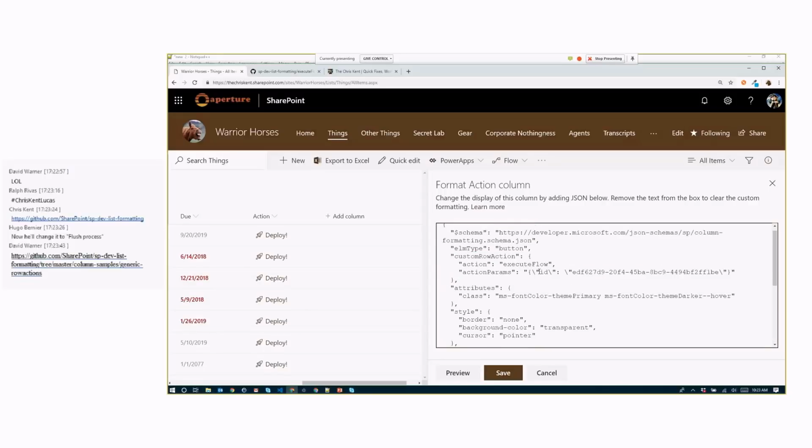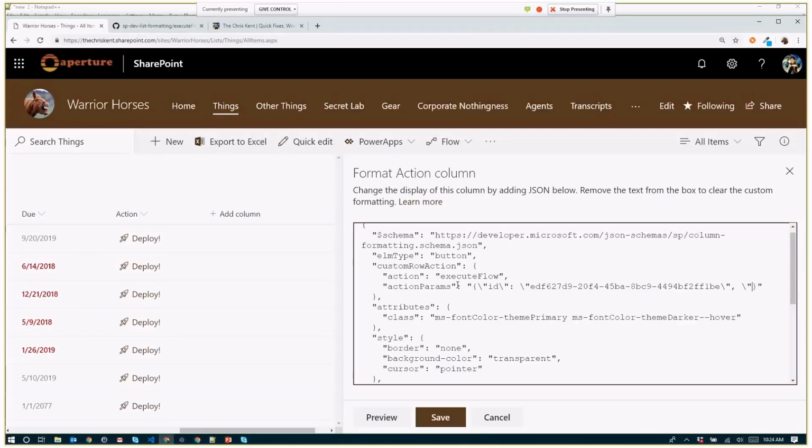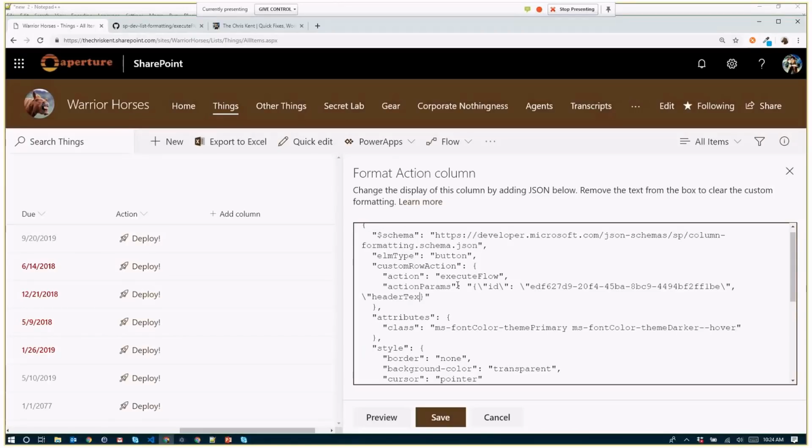In the past, we've shown you that you've got to include the ID here, that's the ID of the flow. But now the team has introduced a couple of new fancy things, right? So now I can say, here, this is escaped JSON, so all my double quotes have to have the backslash in front of them. So let's see, header text. We'll do another one of those backslashes, and another one. And I can say whatever I want. So do the things and stuff. I can provide some real context here. So when I preview that,